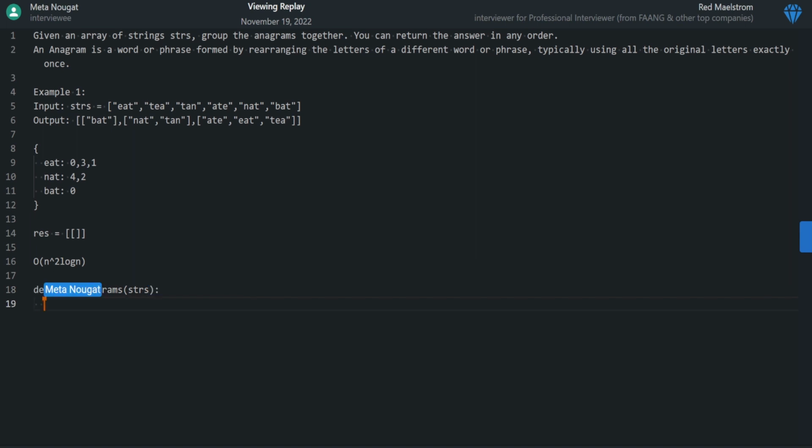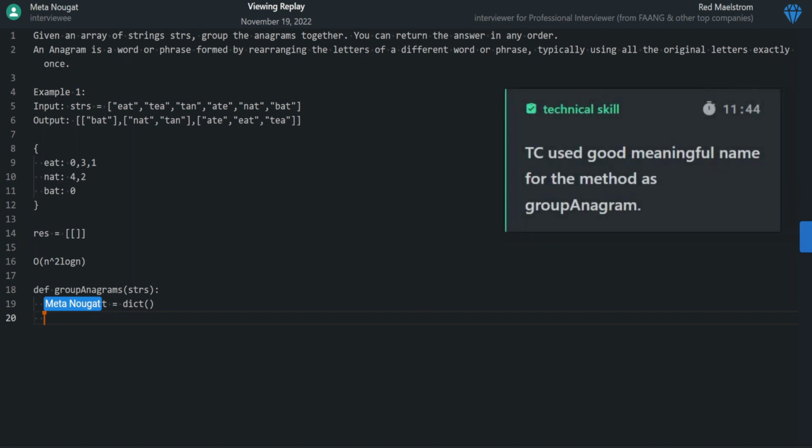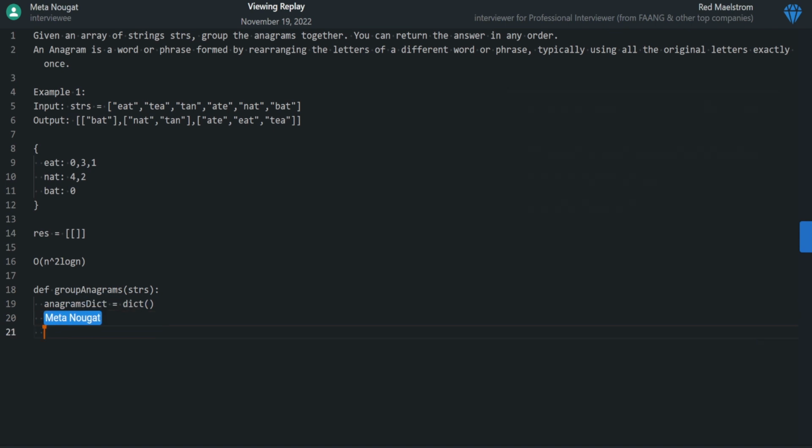Then we need to generate a new dictionary, the anagrams dictionary, and then we have the result array, and then for word in strings, we say something like